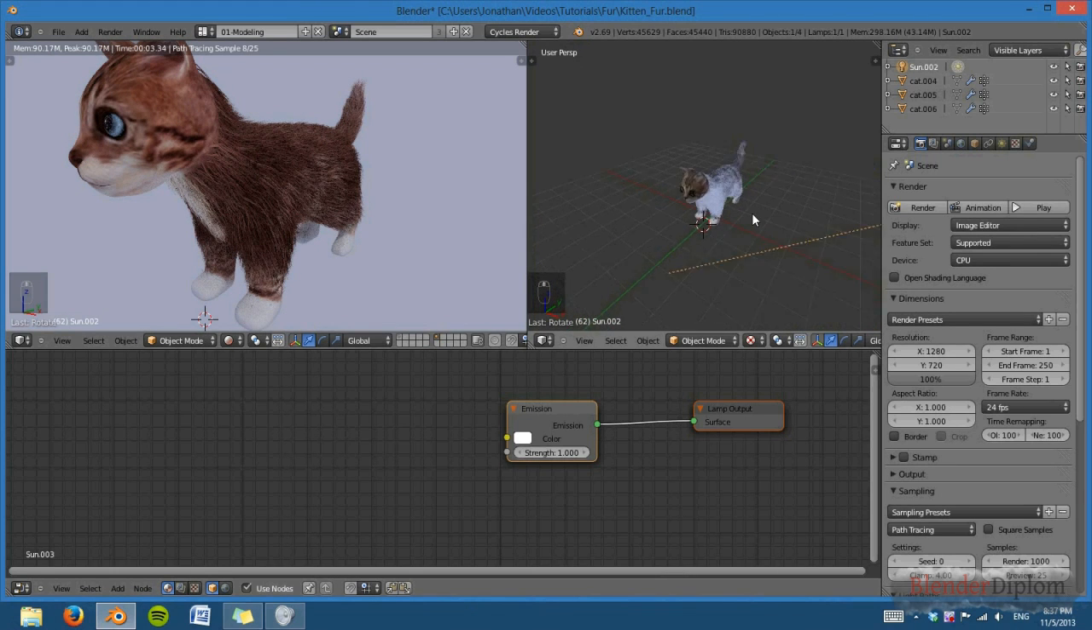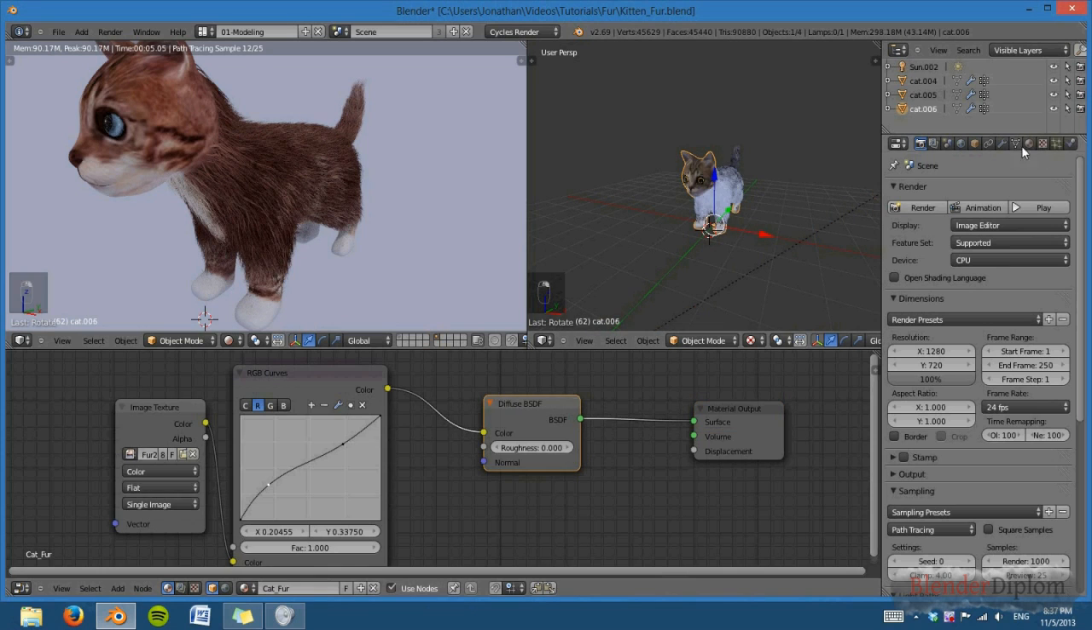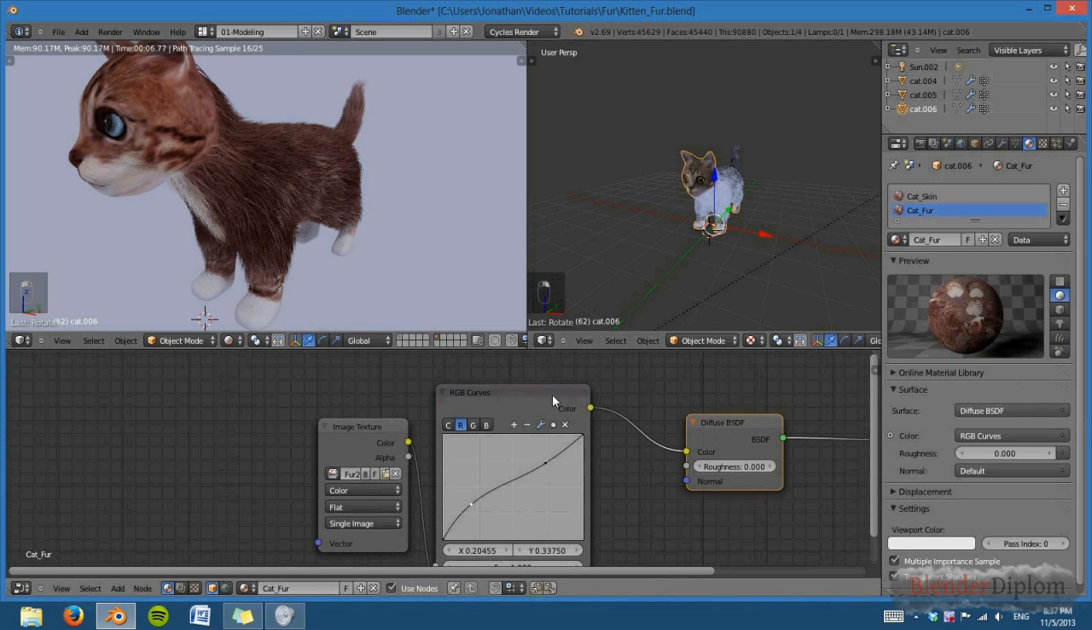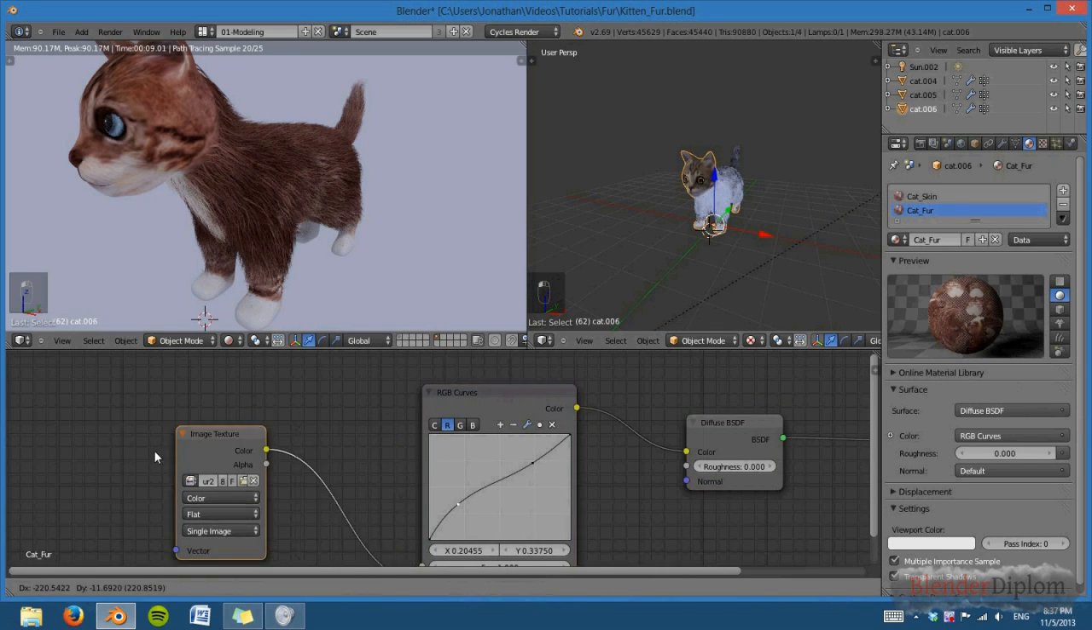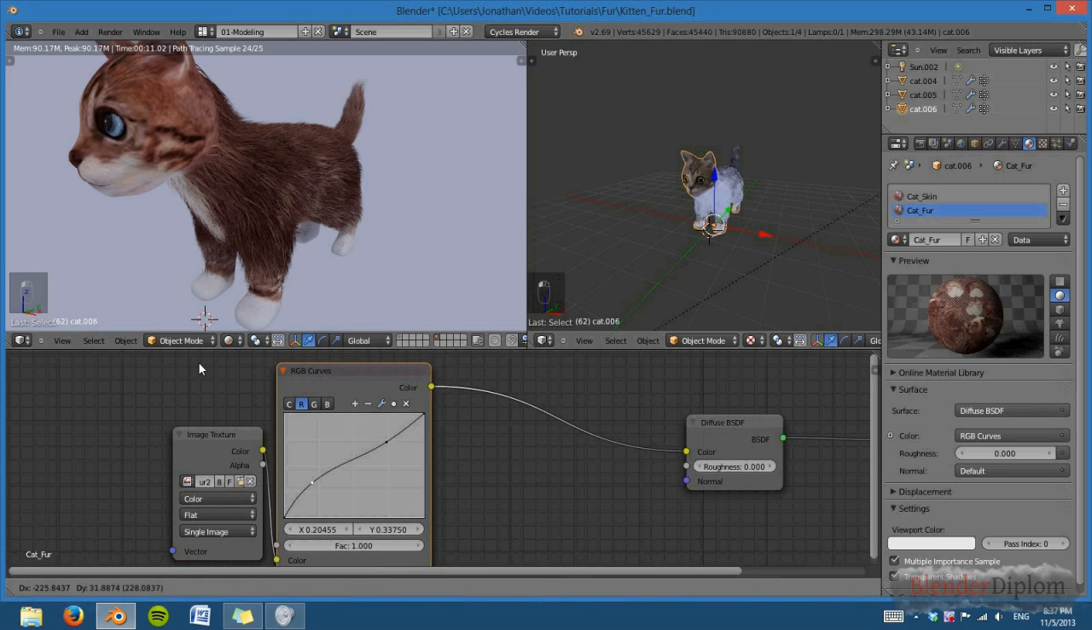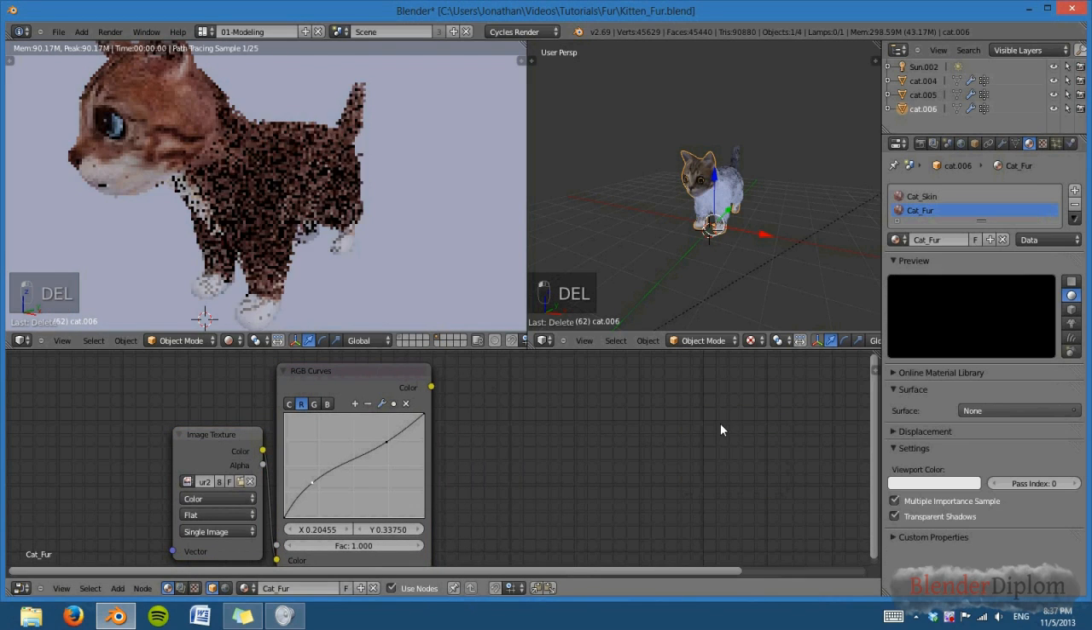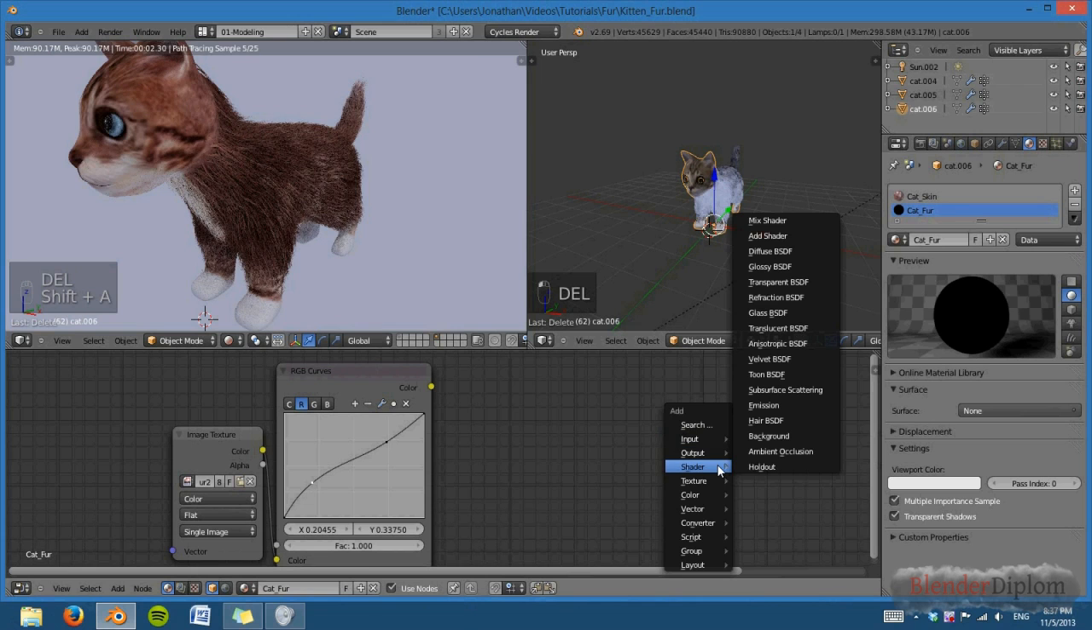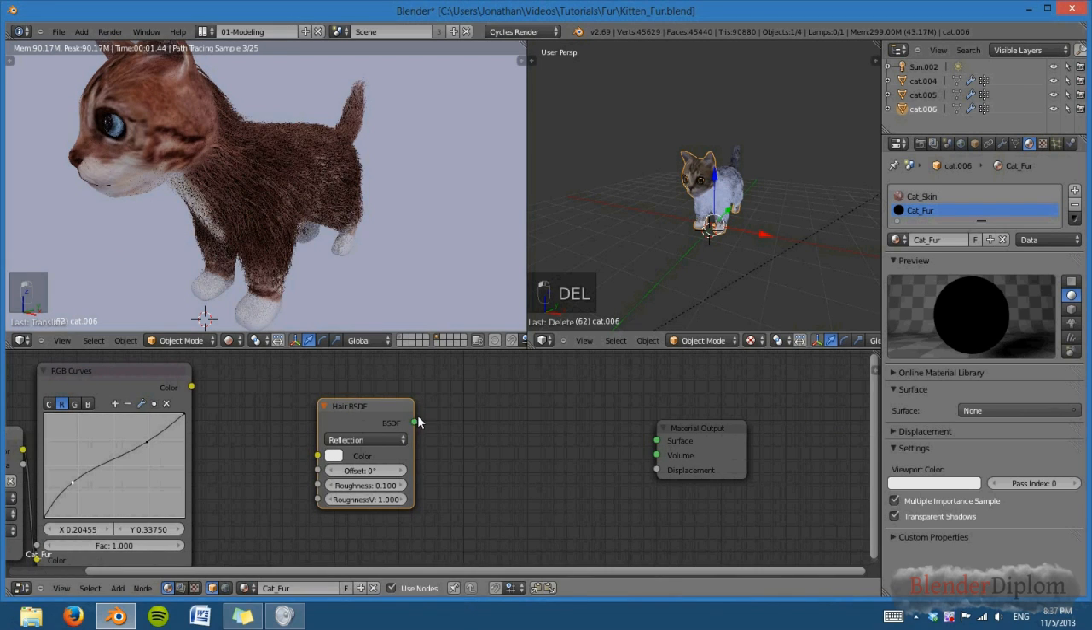Okay, so now we have the very basic shader, but we don't really want it to be diffuse because now in 2.69 we have a special shader just for hair, and you could probably guess it, it's called Hair BSDF. So we can now plug this guy in here,